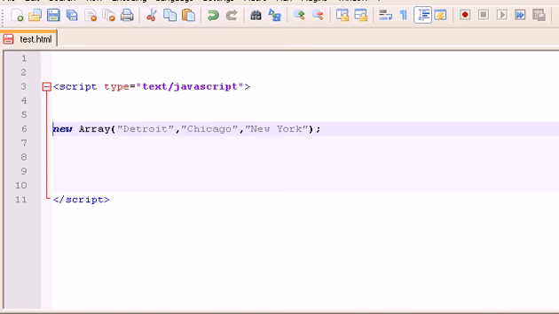Now, to handle this array, we should create a variable. Let's call the variable cities equals new Array. What this is doing is variable cities is holding a new array, a full array with 3 values. Okay, now we can handle that array. Now, if we want, for example, to output the first city in our web browser or web page, we have